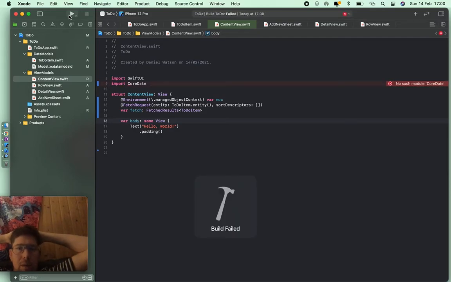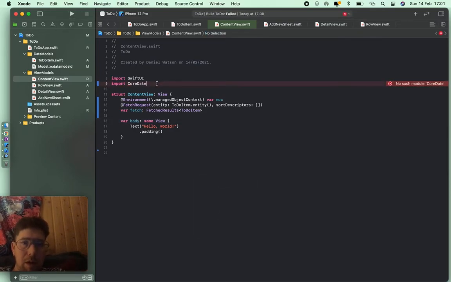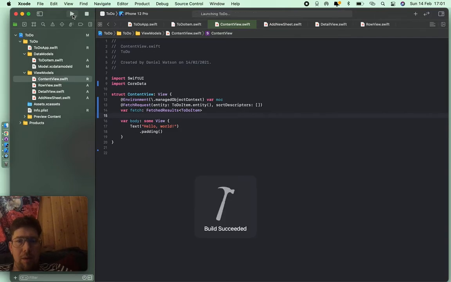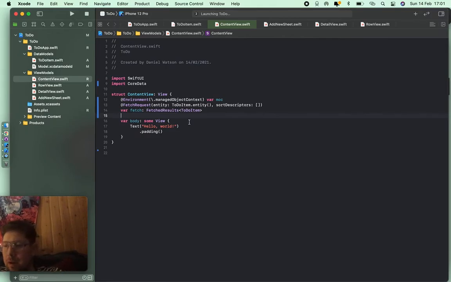Just get caught up. Build failed. Oh, there we go. I just spelled Core Data wrong. Normally these don't stay white. They change colour when they're happy. It says it's happy. It's acting happy. Anyway, while that's loading,